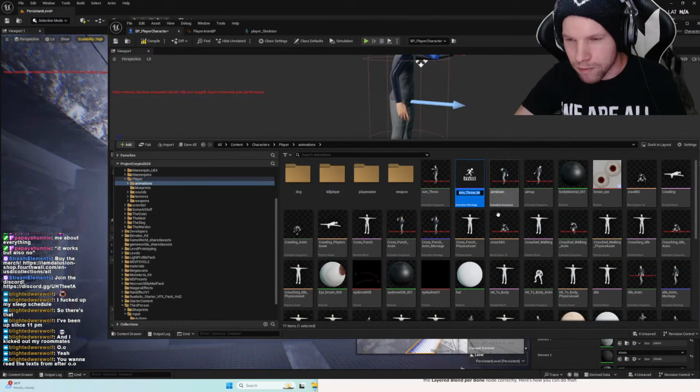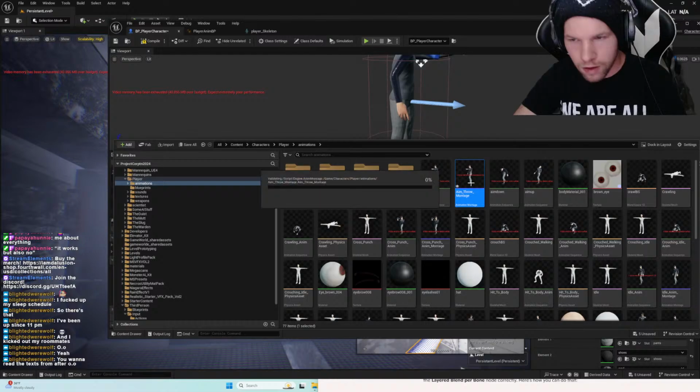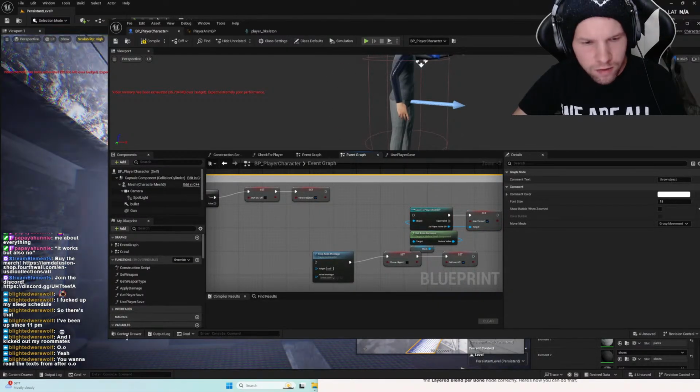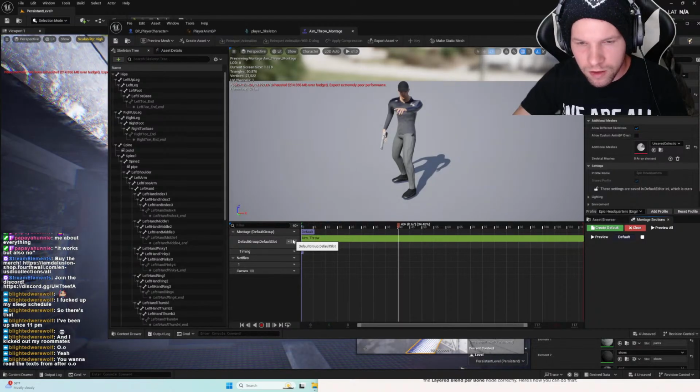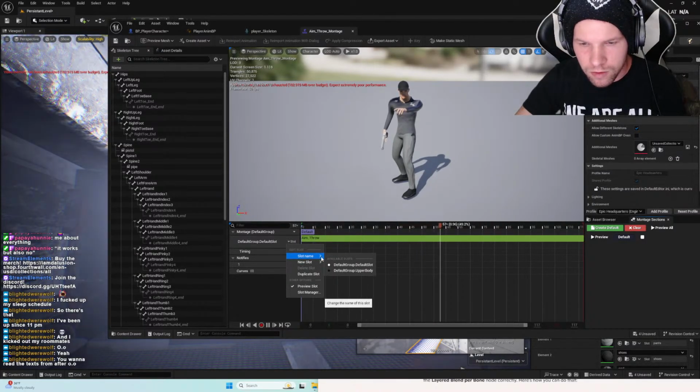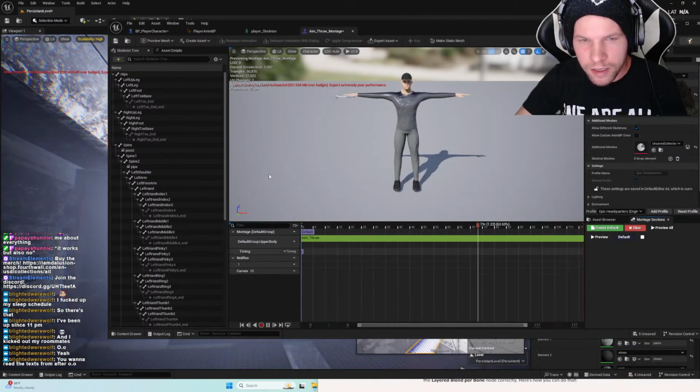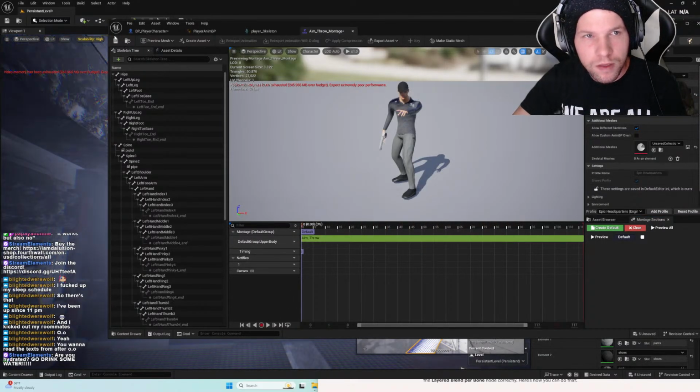Create a montage. Oops, what the heck? Why did it close? Okay, whatever. Default slot group, we're gonna set this to upper body. And then it does some weird stuff. Save it.